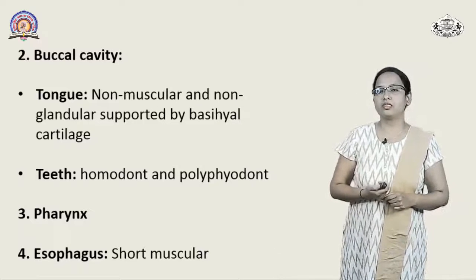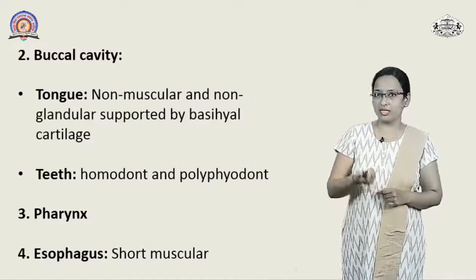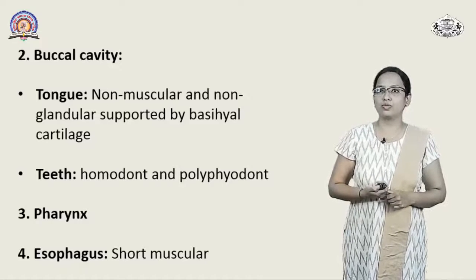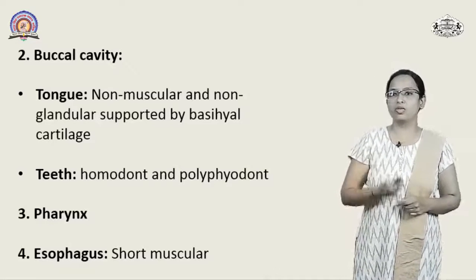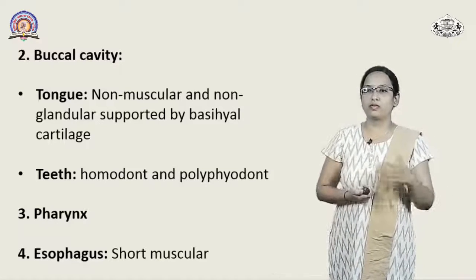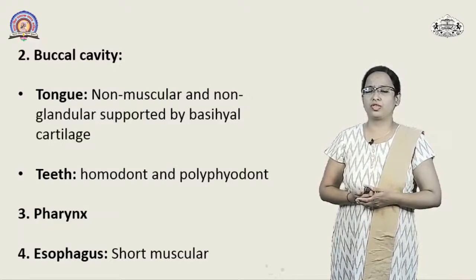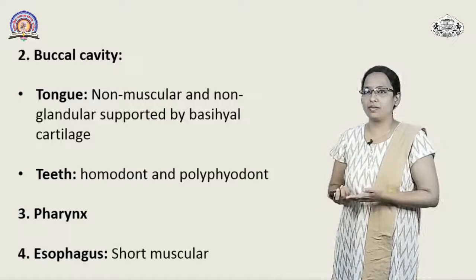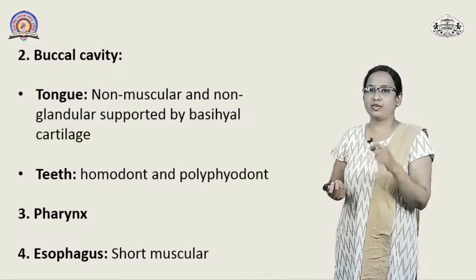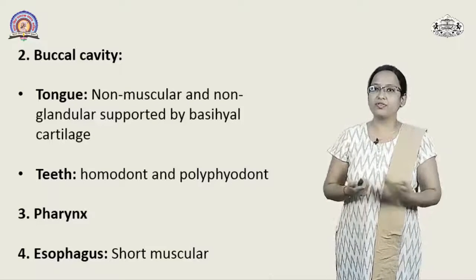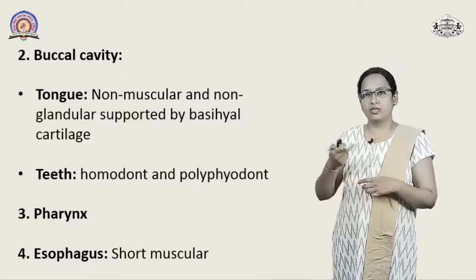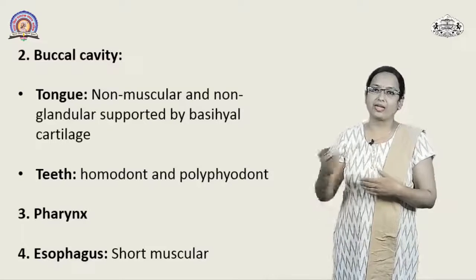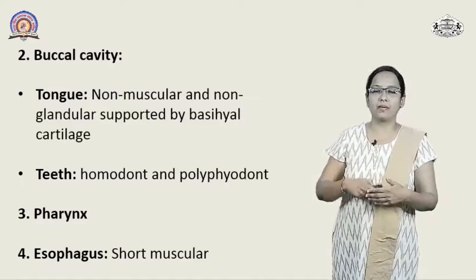The teeth are also present. The teeth will be present in several rows. We have already discussed that the teeth are going to be homodont and polyphyodont kind of teeth. We know what homodont and polyphyodont teeth are. Homodont means all of them are going to have a similar kind of shape and size, and polyphyodont means that in the lifetime, several times these teeth can be broken down and they can come back.